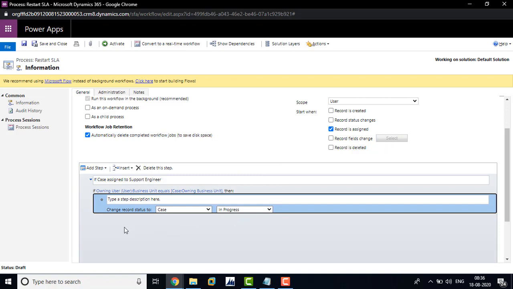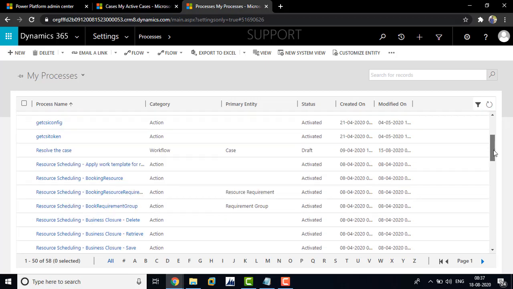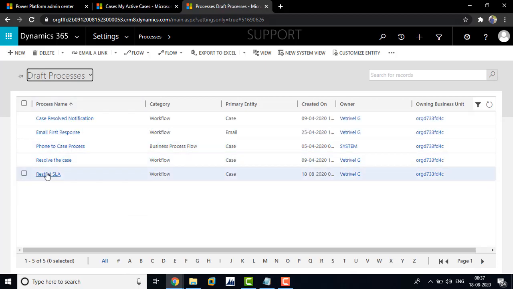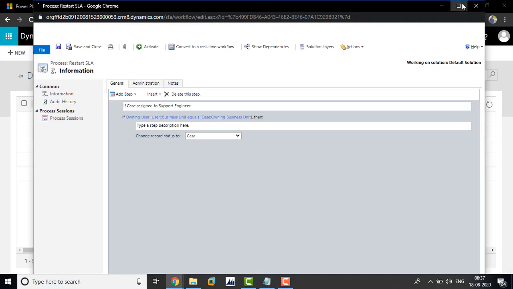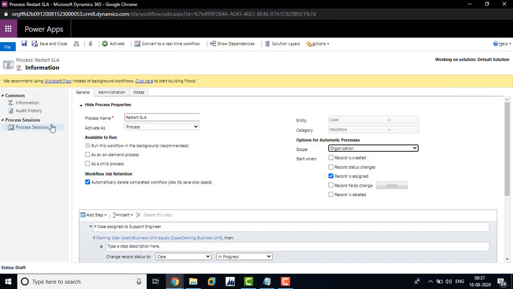After assigning, we are going to change the case status. Now just save and close. Scroll down. It is not yet activated, so now we are going to activate this. Go to change the scope to organization and activate.